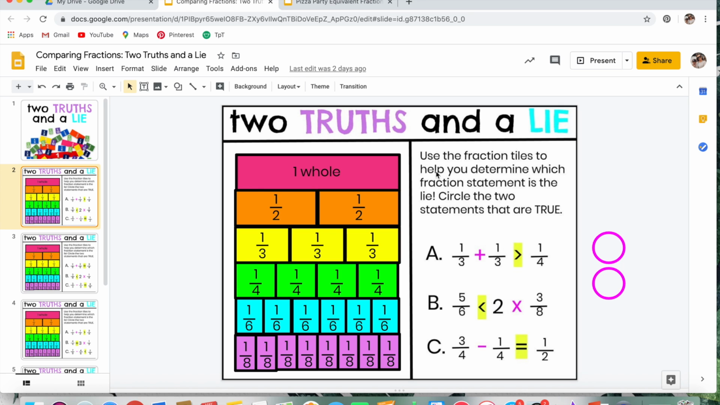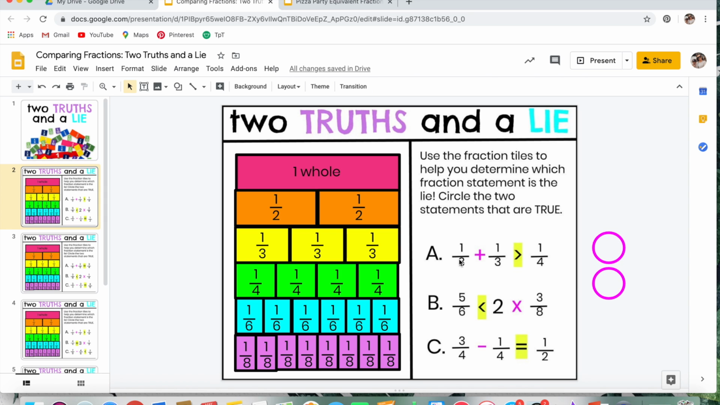Use the fraction tiles to help you determine which fraction statement is the lie. Circle the 2 statements that are true. So I'm going to use these 2 circles to circle the statements that are true. One of these statements is not true. It's false. It's a lie. And I have to figure out which one is the lie. So for statement A